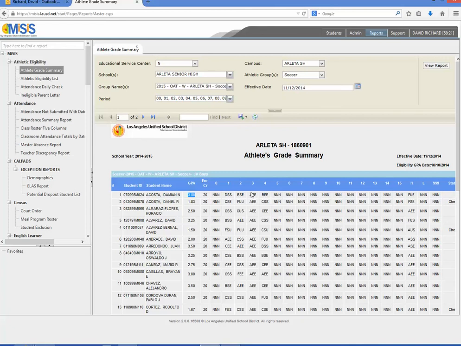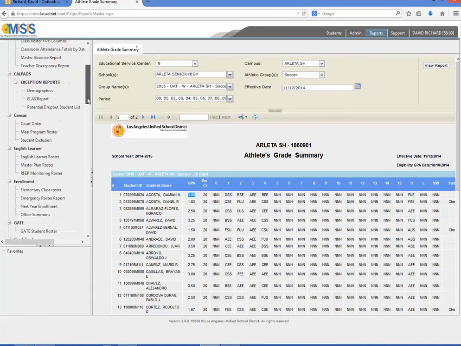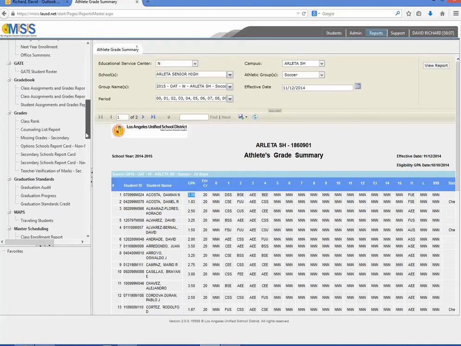That's not consistent, so I'm not sure what this is. We're hoping that this is correct for this particular player. We're going to go back and double check that, or quadruple check it a different way by scrolling down and going to grades, and we can do a counseling list report